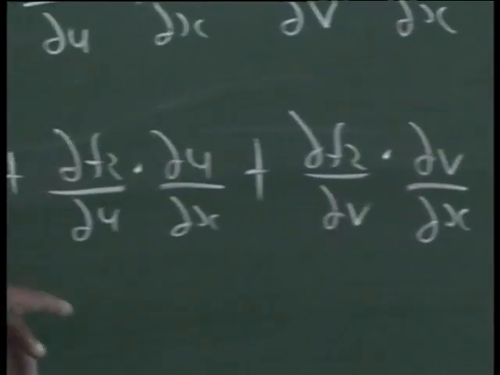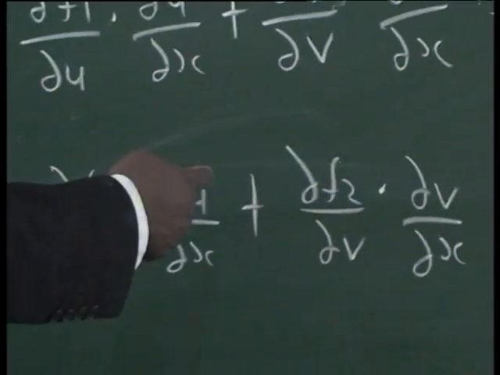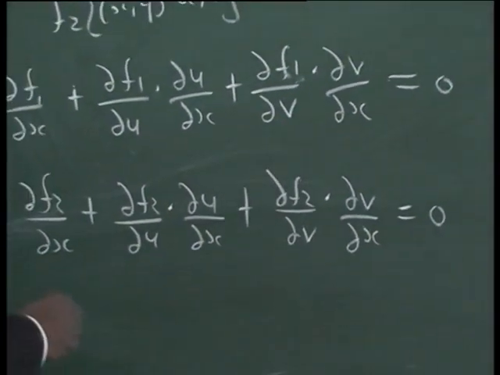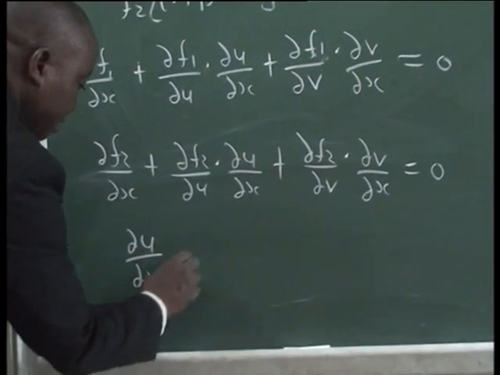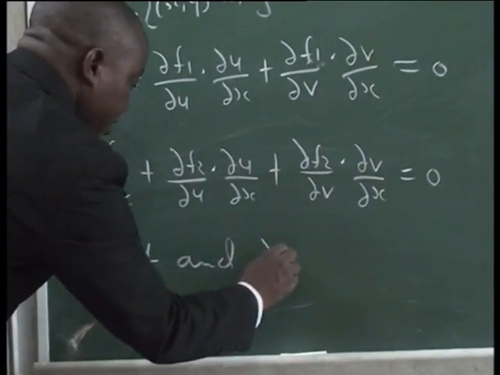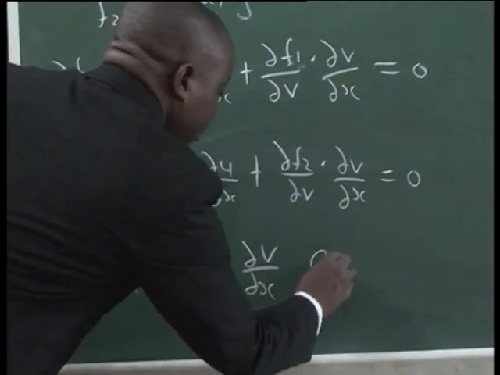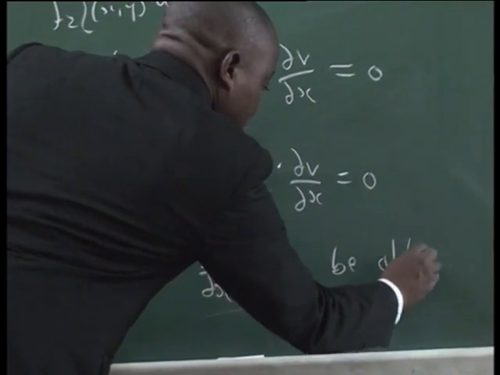Now this way, if we need partial u partial x and partial v partial x, they can be obtained